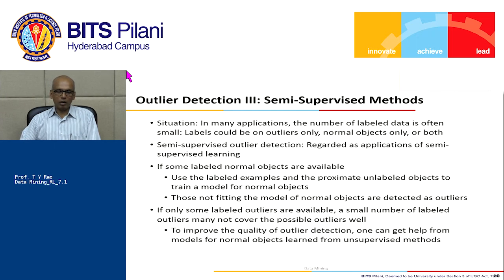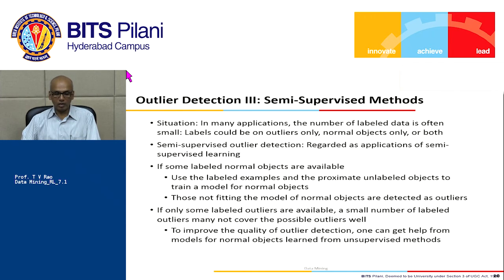Or we can give labels only for the normal objects, and look at which objects are not getting any label. In this case, we will have to use the labeled examples, find the unlabeled objects which are close by, and then train a model